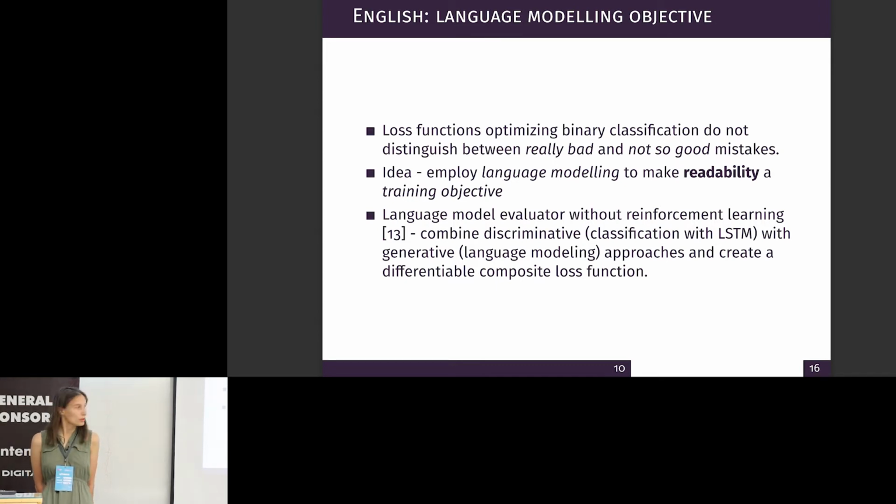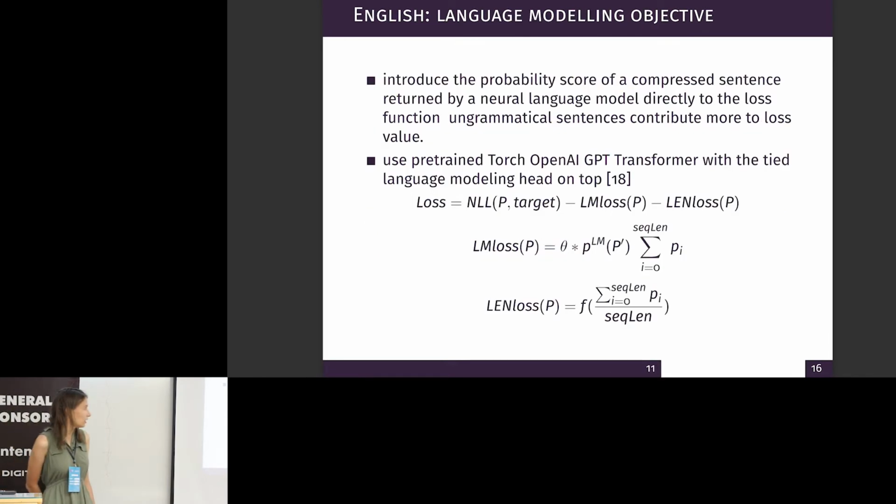And that's my study on using a language model to combine two approaches to create a composite loss function. So here is what's happening. We have a loss which consists of 3 parts. First is negative log likelihood, which is classic, and it's usually the baseline in the task. You use, like, a long short-term memory network with NLL, that's the baseline. Then we have language modeling loss. What is language modeling loss? We have some large language model for the language.